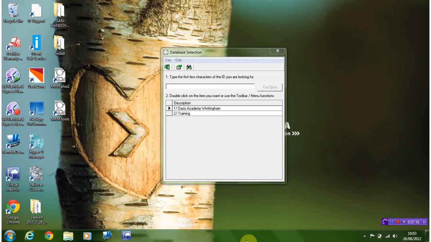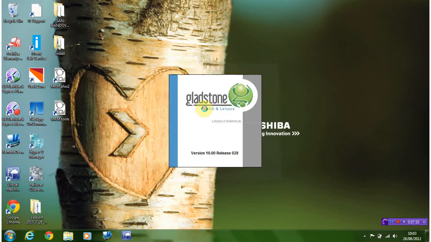That's 08451 201011, and just say that you're calling from Oasis Community Learning and you need an activation code for MRM Plus2. Once you input the activation code, this box will appear, database selection. Once you're at this box, if you just click on Oasis Academy Wintringham,